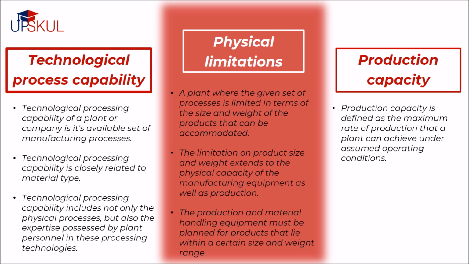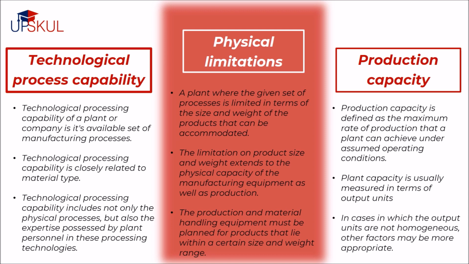Given these inputs, how much output can the factory produce? Plant capacity is usually measured in terms of output units such as annual tons of steel produced by a steel mill or number of cars produced by a final assembly plant. In these cases, the outputs are homogeneous. In cases in which the output units are not homogeneous, other factors may be more appropriate. Measures such as available labor hours of productive capability in a machine shop that uses a variety of parts,